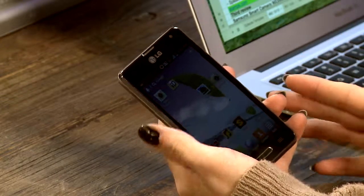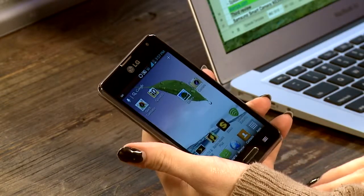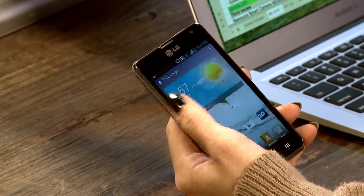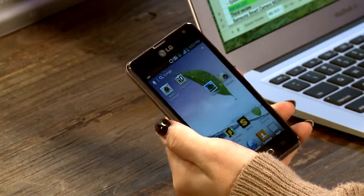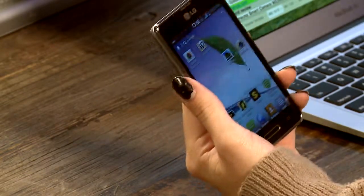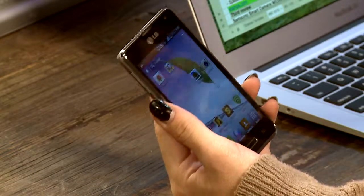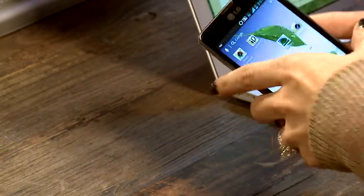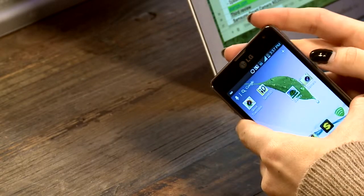A couple of things about the specs, though. It has a 1.2 gigahertz dual-core Qualcomm Snapdragon processor, so it does lag a little bit. It's a little bit slower. 1 gig of RAM, 4 gigs of ROM. You only have about 1.2 gigs of space actually on here for apps and files. But on the back, and this is really hard to actually take out,